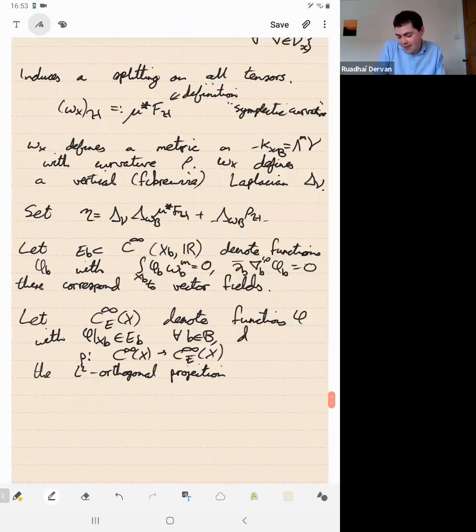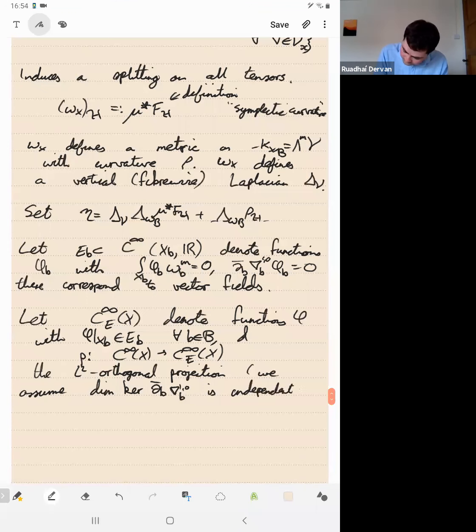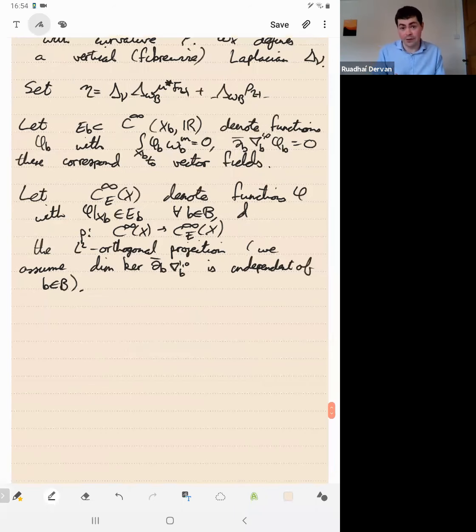So this is essentially involving this projection operator, saying that you only really care about the holomorphic vector fields on the fibers. And a technical condition comes in here that we assume that the fibers have the same dimensional automorphism group. So the dimension of the kernel of this operator del bar B, grad 1,0 B, is independent of B. Of course, again, this is automatic for locally trivial fibrations, which are, I think, for this problem, a particularly interesting class to consider. This finally allows us to define an optimal symplectic connection.